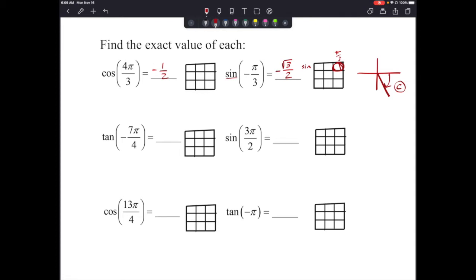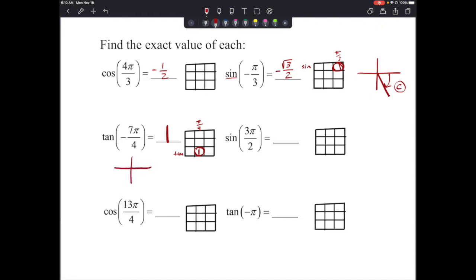Okay, how about tangent of negative 7 pi over 4? So first of all, we know that this is a pi over 4 angle, and we're talking about tangent. So we're talking about right down here. And if you recall in your 1, 2, 3, 3, 2, 1 chart, this is a value of 1. Okay, so we know that this is going to be a 1, but we need to figure out positive or negative. Again, think about